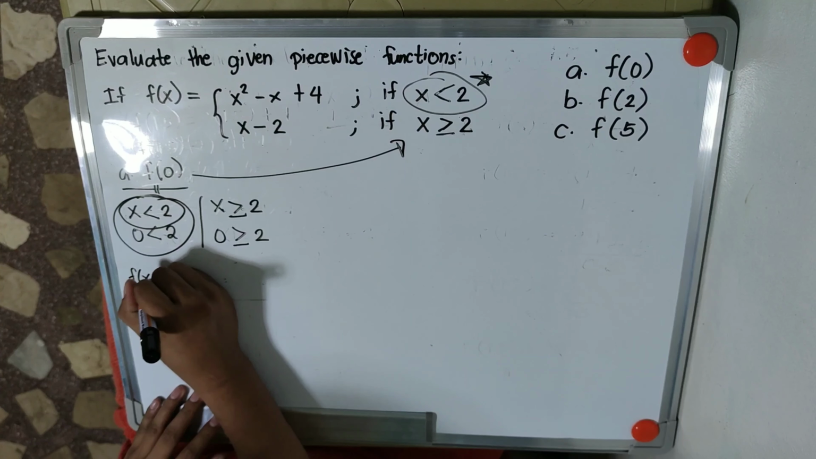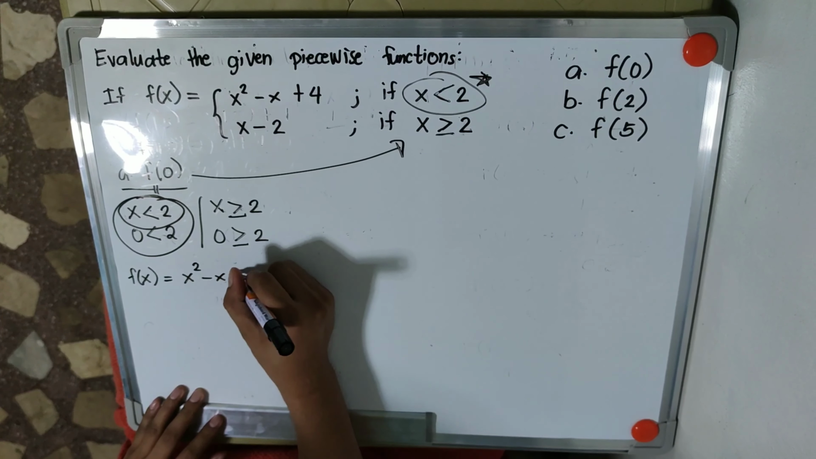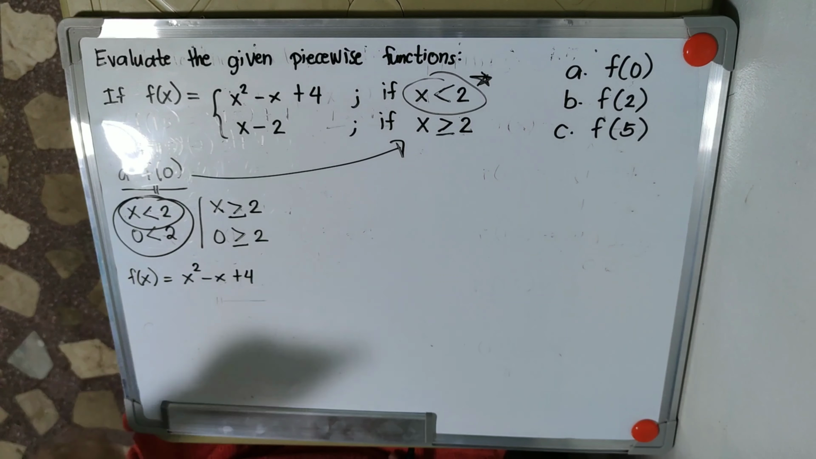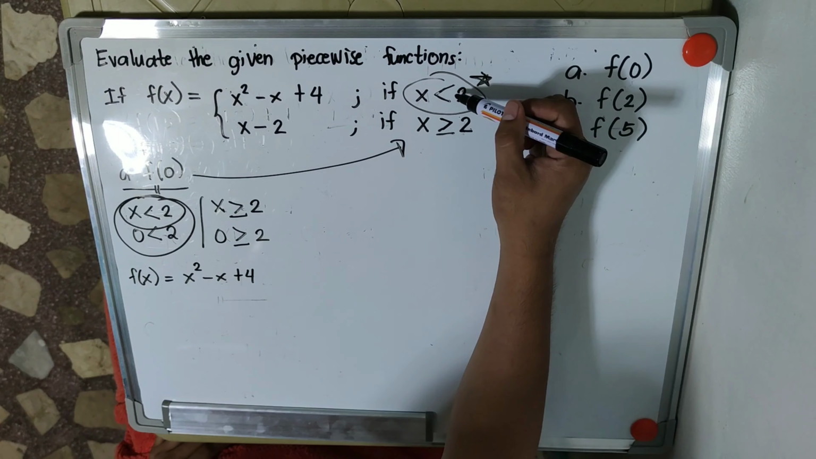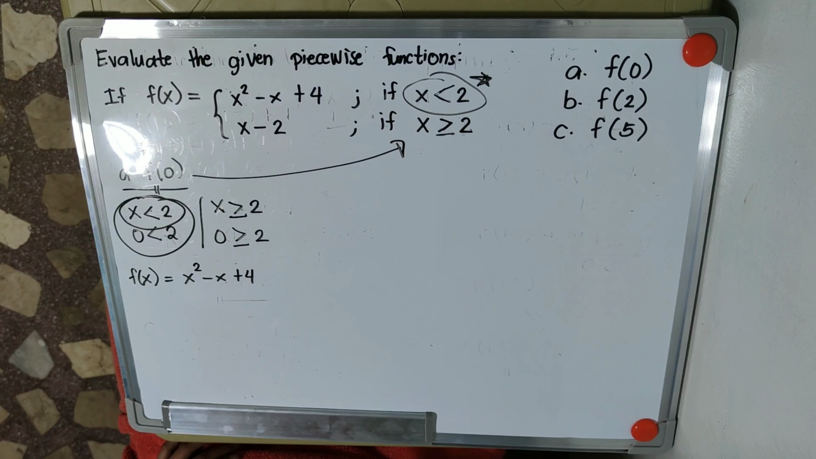F of x is equal to x squared minus x plus 4. Again, let me repeat. Bakit yung first equation ginamit natin? Kasi the value of 0 can satisfy its condition, which is x is less than 2. We cannot use the second condition. So, what will happen? Same as the previous lesson, we are going to